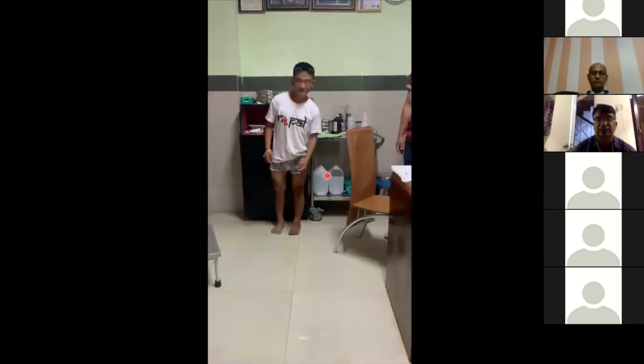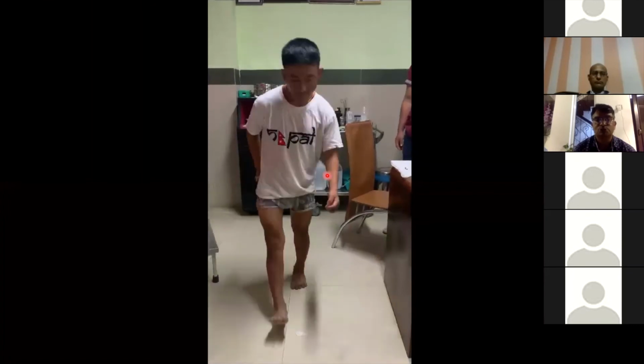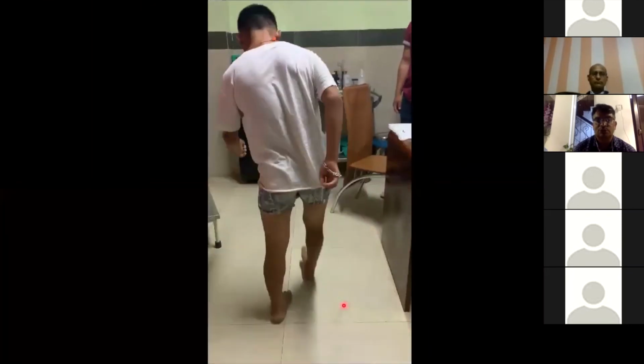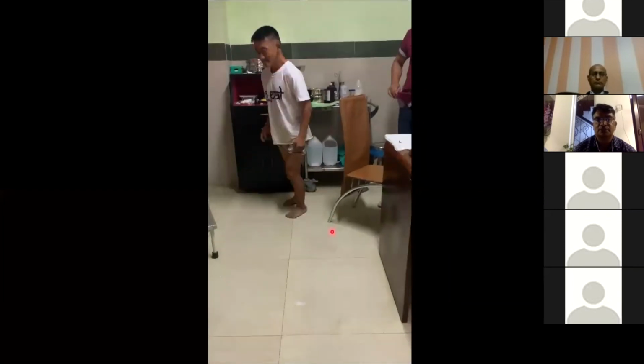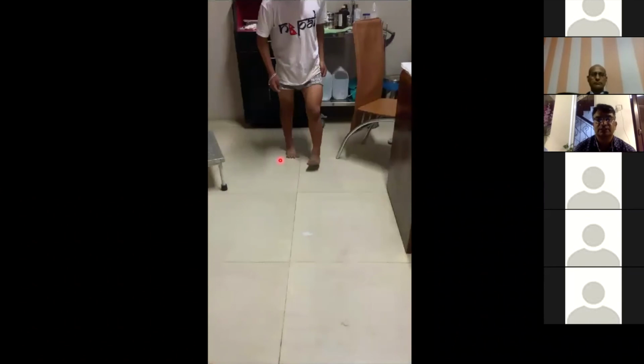And you can see that the patient was so happy. He said that I was not able to walk for so long, for 13 good years. Now I'm able to walk. Although it is giving me some trouble with the other knee, he was not willing to undergo any surgery on this side. He was absolutely comfortable. And you see that the in-toeing gait, which is present on this side, has also been corrected because of the